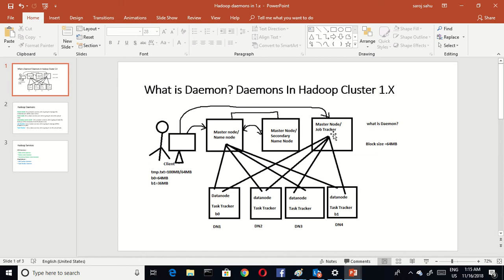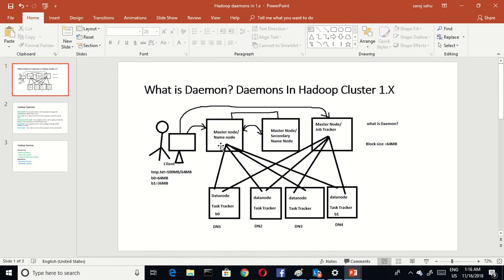So it will contact the master node, the name node, saying, hey name node, I have the input file temp.txt and I have the logic with me, but I don't know where the blocks are present for this file. So please provide me the complete information of the temp.txt file and the block information where I can process